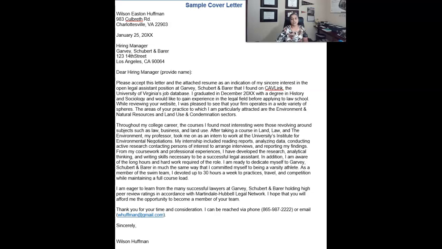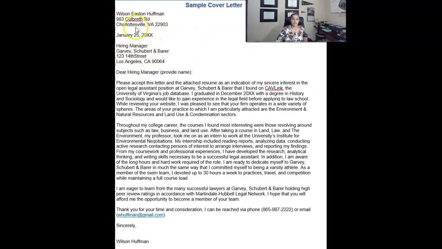Remember, your letter should be formatted in full block method, which means everything will be flushed to the left and everything will be single-spaced, adding space only between paragraphs. So begin the letter with the address blocks. First, provide your name and address, then add the date, and then the receiver's name and address.